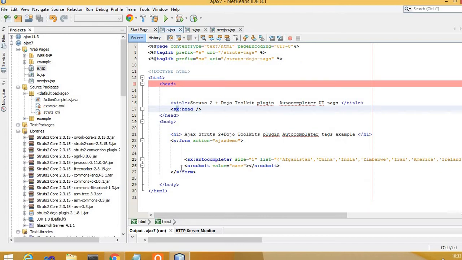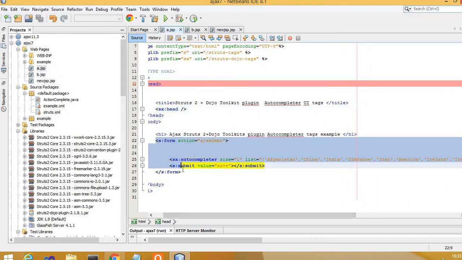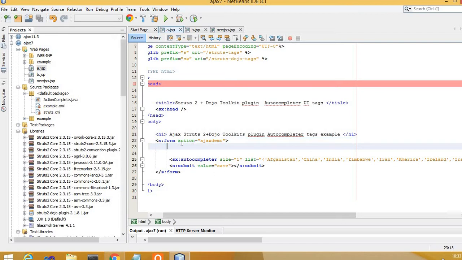Now going ahead to the body part. We can see here we have designed one form, and then the action part. So what is this action? When we click on submit, the action gets invoked. For that particular action, the particular Java class will be invoked. The Java class will be doing all the processing work. It will be returning some results like success or failure. Based on that, all these things are mapped in the struts.xml file,